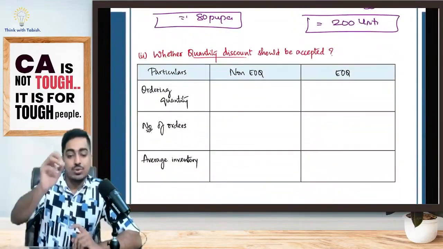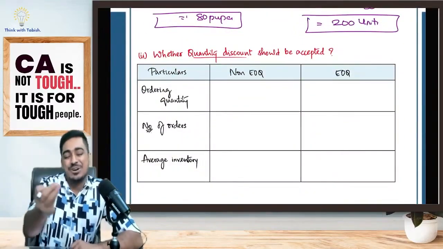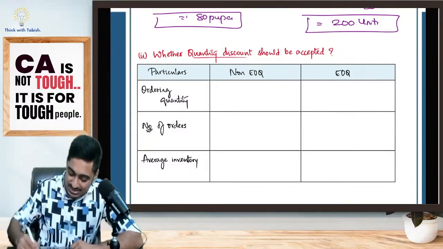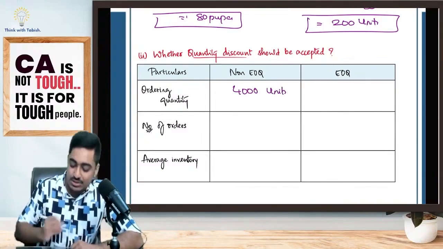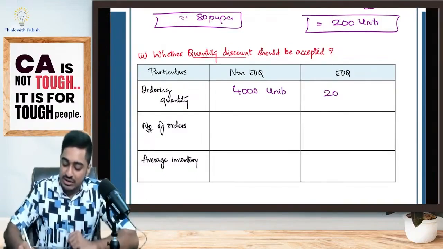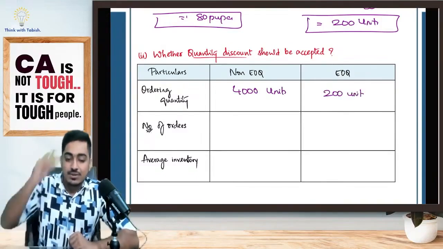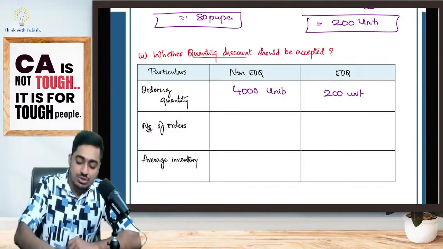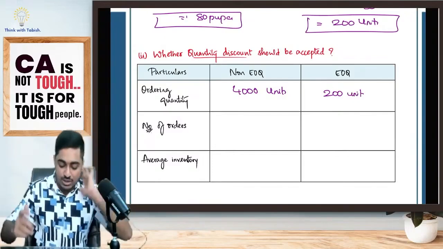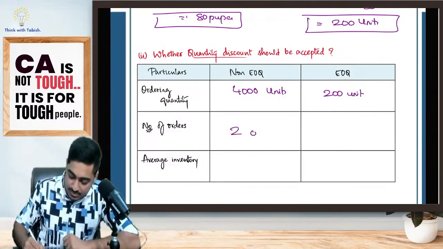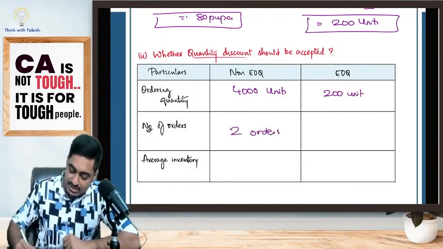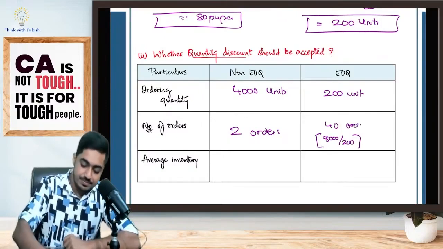So I told the supplier, 200, give me supply. Supplier is telling, what, small quantity you're buying, boss. Buy 4,000 units in one single shot, and I will give you a discount. I thought 200 I will buy, but supplier is telling 4,000 you buy. Now tell me, students, totally in a year, how much do I want? 8,000 units. If I buy it as 4,000, how many times will I have to buy? 2 orders. If I'm buying 200, 8,000 divided by 200, is it 40 orders? Yes or no, everyone?